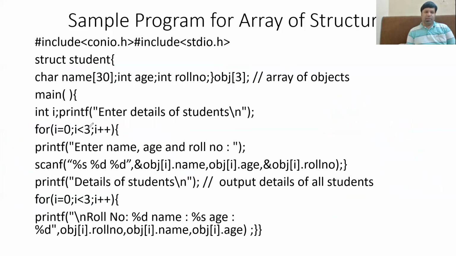So let me now again just clear this off. I less than 3. So simply change this to I less than 500. And here again I less than 3, I less than 500. That's it. You can take the input of all 500 students. There is no need to rewrite the code or add additional lines.